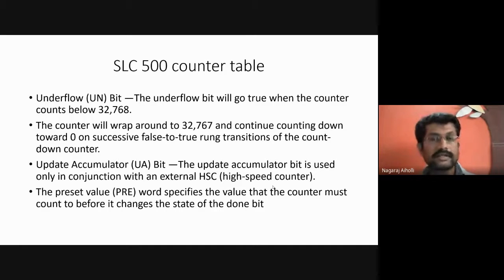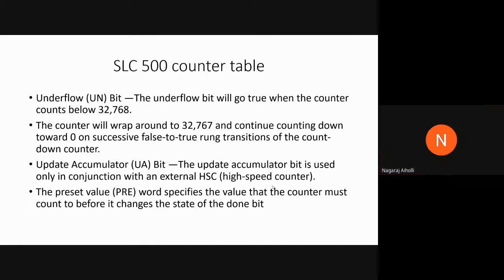The preset value word specifies the value that the counter must count to before it changes the state of the done bit. The accumulated value goes on incrementing every time, and once it reaches the preset value, the done bit will become equal to 1. Before the done bit comes, the accumulated value must be equal to the preset value.